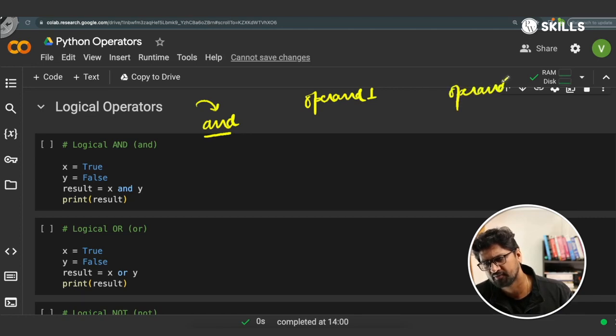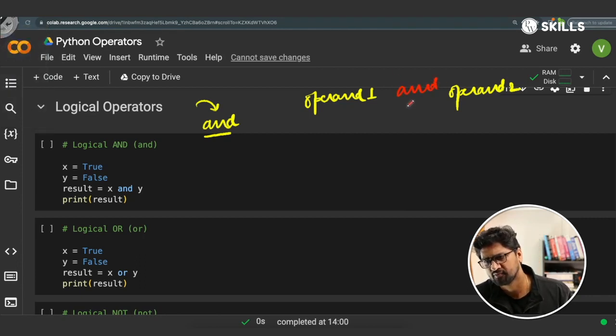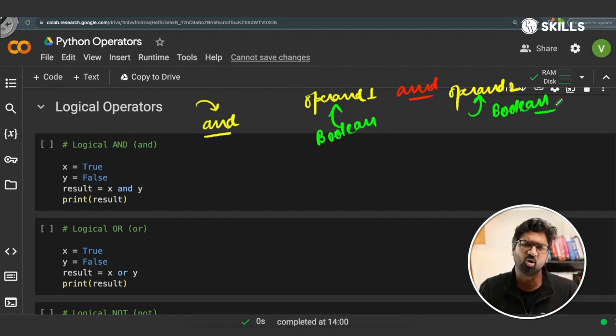ऑपरेंड 2 और बीच में आपने लगाया है मान लीजिए एंड ऑपरेटर। तो पहले तो आपको ये वाला भी बूलियन होना चाहिए, so the operands that you have applied, ये भी बूलियन होना चाहिए और ये वाला पार्ट भी बूलियन होना चाहिए। ठीक है, ये लॉजिकल ऑपरेटर्स आप बूलियंस ऑपरेंड पे ही लगाते हो। I am again repeating, whenever you have to make use of the logical operators you apply on boolean operands.